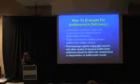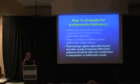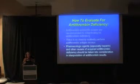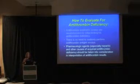Keep in mind, though, as we've discussed, that heparin can give you low antithrombin levels. L-asparaginase therapy can give you low antithrombin levels. Antithrombin's made in the liver, so hepatic dysfunction will give you low antithrombin. It goes down like crazy during DIC. So one of the things as far as looking at antithrombin deficiency is an isolated defect in antithrombin. So if you've got low C, low S, low antithrombin, low fibrinogen,